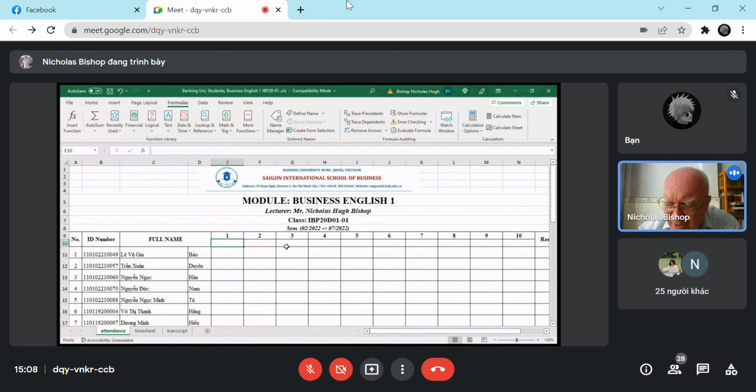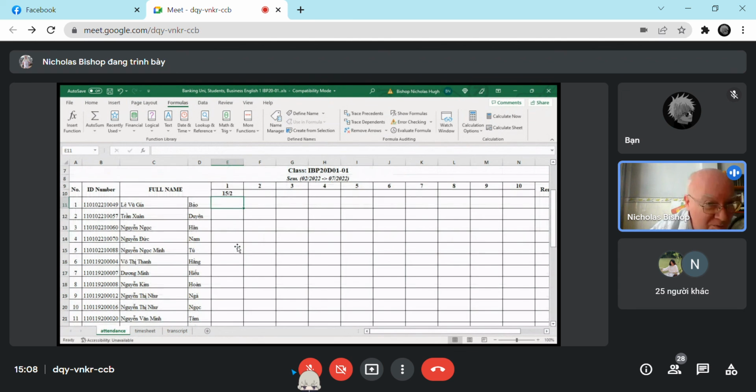Maybe I'm supposed to write 15 in this box. Today is the 15th, yeah? So like that, you can say yes or here or present, or somebody can tell me if they are absent, okay? This class is not too big, I've got 28 on the list. If you are not on the list and you are here, tell me, and then I have to add you, okay? Let's see.